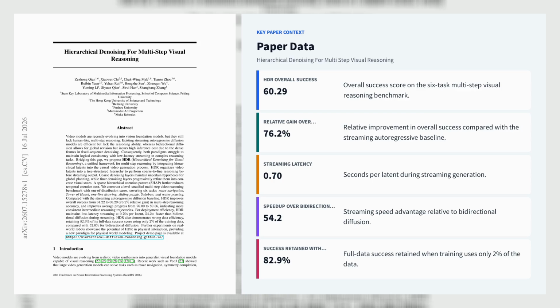Let's explore the second paper, Hierarchical Denoising for Multi-Step Visual Reasoning. Researchers from Peking University and the Hong Kong University of Science and Technology introduce HDR, or Hierarchical Denoising for Visual Reasoning, built on WAN2.2 5B TI2V. Instead of forcing streaming autoregressive diffusion to commit frame by frame, HDR organizes video latents into a 6-level